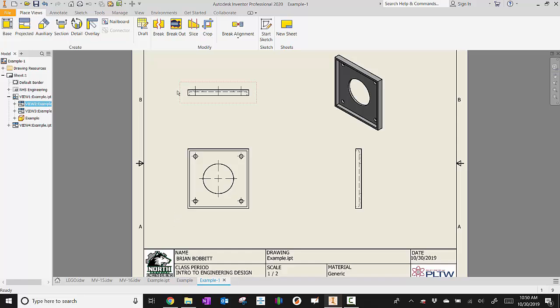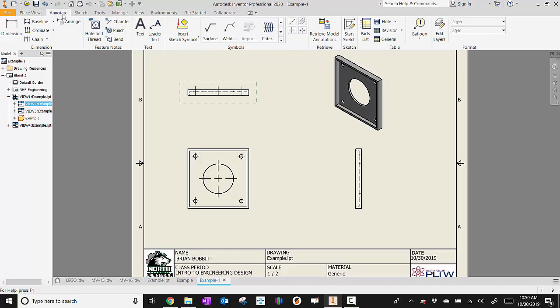So what I'm going to do now is I'm going to start dimensioning some things. I've placed my views so far, and I'm going to say annotate. Now I'm going to go to dimension. I'll say, all right, this line, drag it out, it's 4. This line is 4. Now the problem with that is that whenever possible, we really want to stick these dimensions